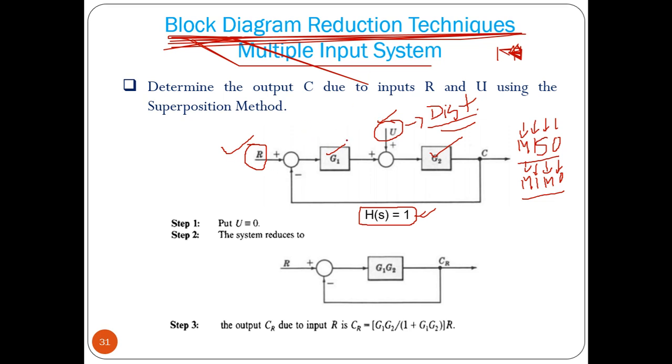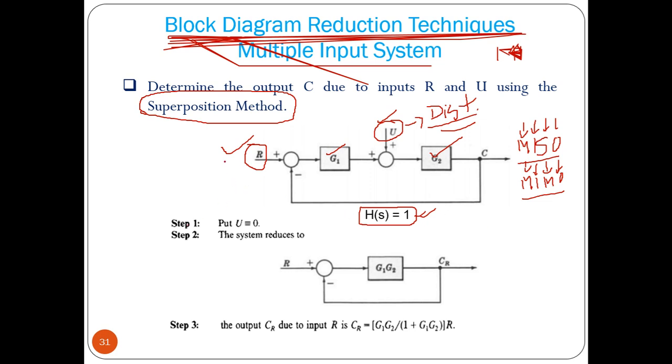Now if we have a multiple input and single output system, we have to apply the superposition method to find the transfer function. Superposition means one input we activate, the other inputs we make zero, and find the transfer function. Then activate the second input, make the other inputs equal to 0, and find the transfer function. Like that we find it for each input separately, taking the other inputs equal to 0. Then we add all the transfer functions. So this is the simple technique. Let us see how we can solve that.